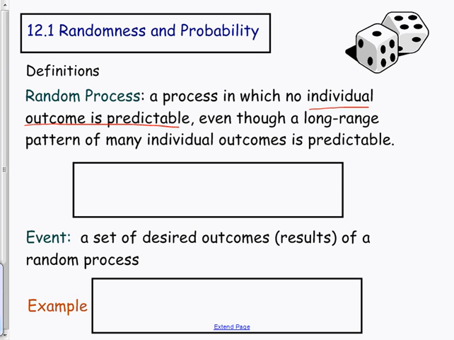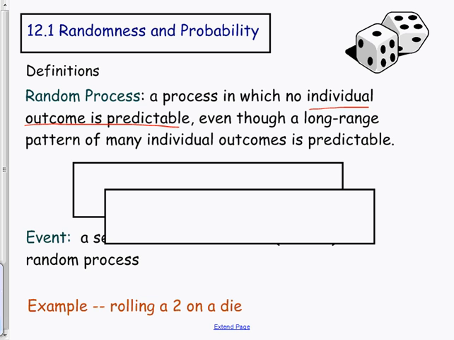An event is where you actually do something. Like, for instance, you roll this die. Something's got to happen now. So that was an event. All right, so an event, oops, I had the marker off there. Rolling a 2 on a die. That was an event. Something that happened.